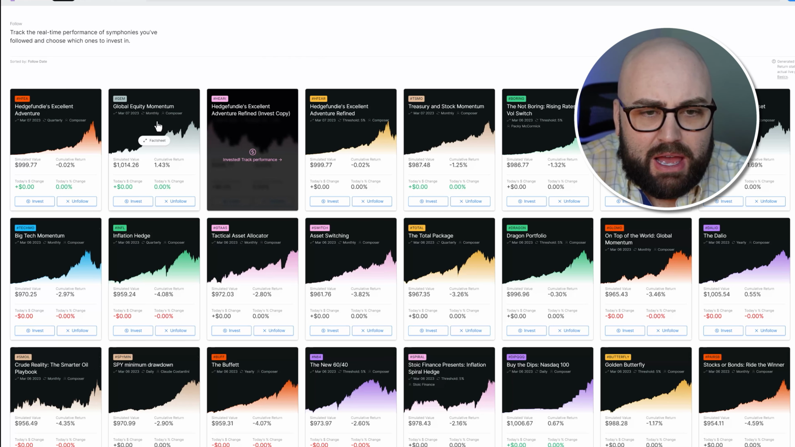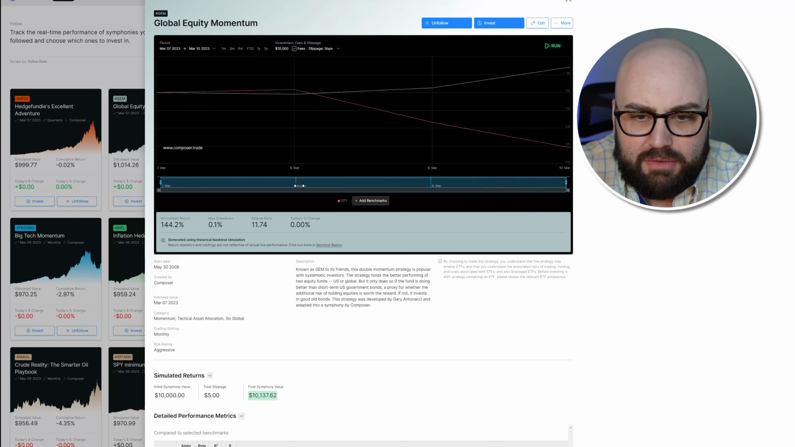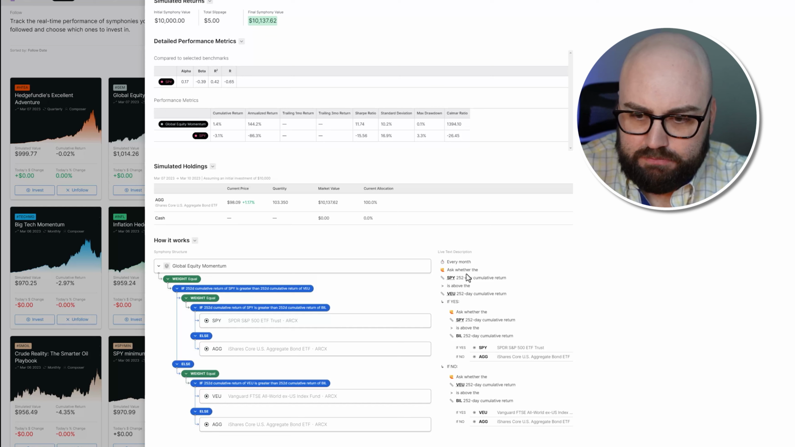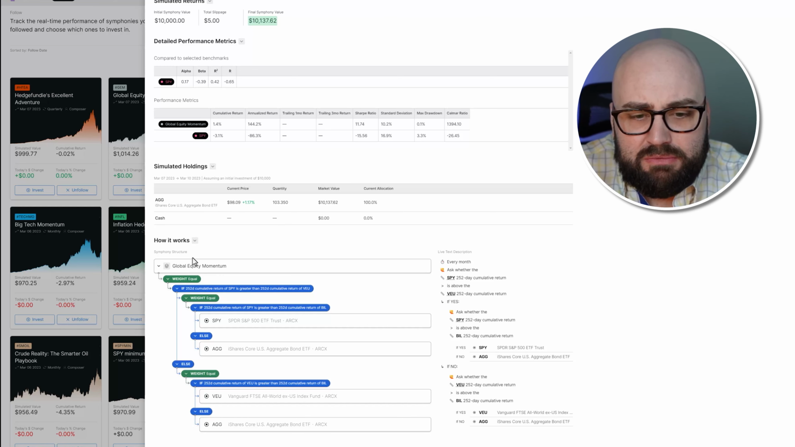In this case, I'm going to look at the first one, Global Equity Momentum. Global Equity Momentum, if you look here, is nothing more than buying SPY and VEU, which is the Vanguard FTSE All-World ex-US Index Fund. Basically, we're going to start this symphony off with equal weight among the underlying equities and asset classes. If over 252 days the cumulative return of SPY is greater than the cumulative return of VEU, do nothing. If it's not, then they're going to go in here and sell or buy